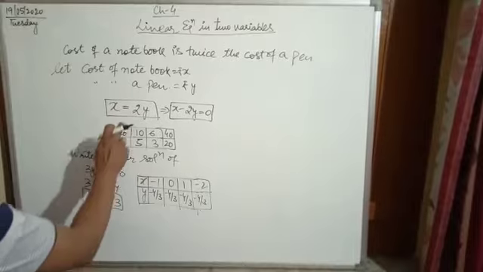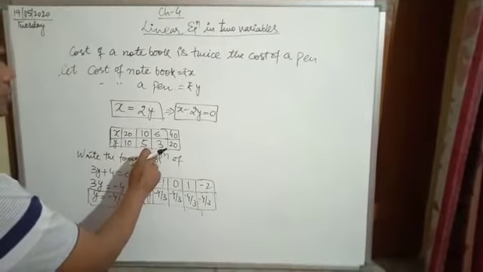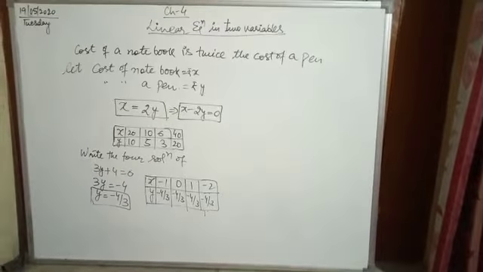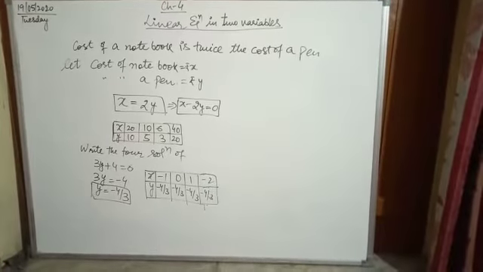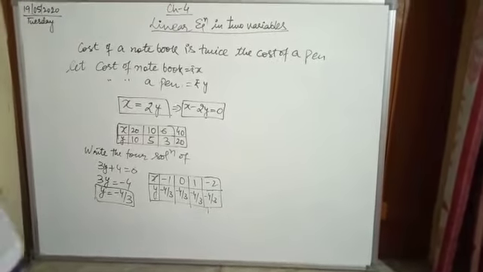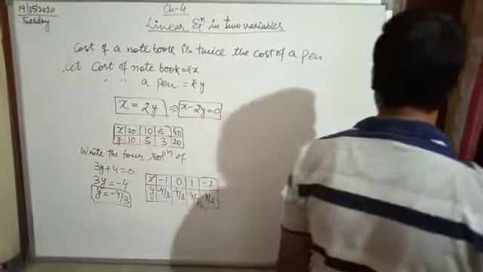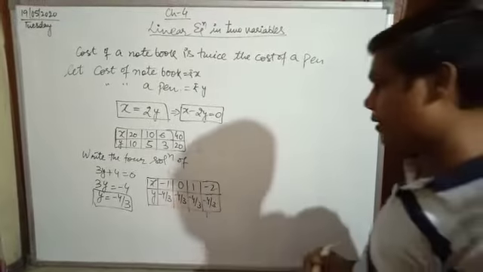But in the earlier equation, we got four different solutions because it was a two variable equation, x is equal to 2y. It means if there are two variables, then infinitely many solutions we can find, but the given equation is a single variable equation, so we will get a single, unique answer.